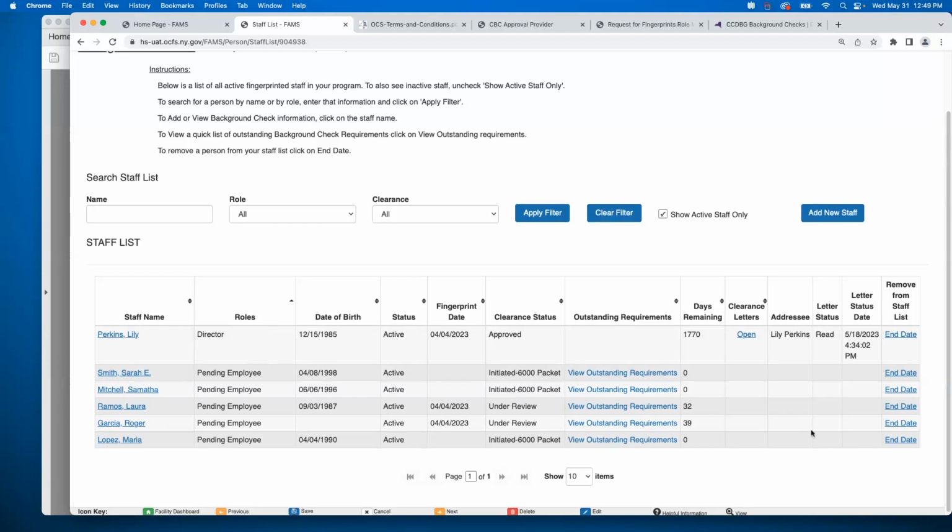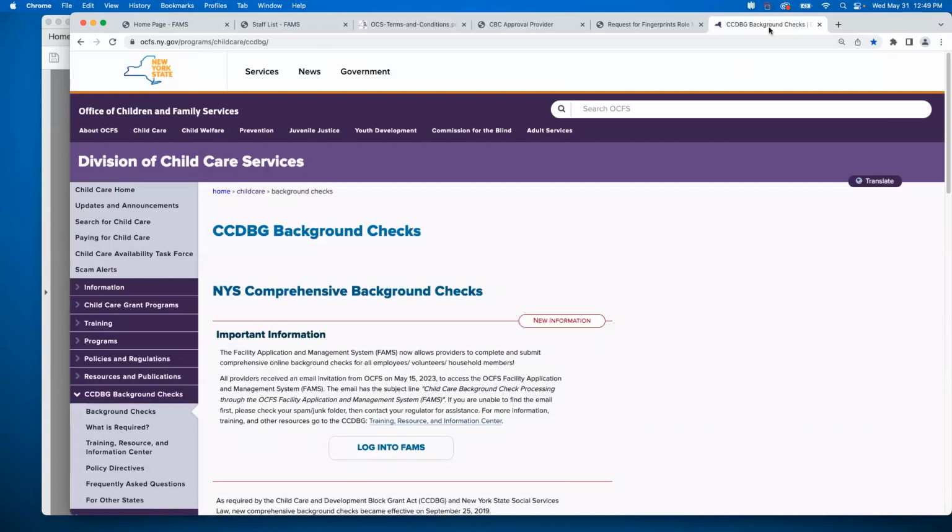All right, we have covered a whole heck of a lot of information today. So I want to leave you, and then we'll see if there's any outstanding questions. I want to show you the background checks website. Maybe you've been here, maybe you haven't. I think you're going to be going here in the future. So I'm going to pop over to my last tab here. I'll put this up on a slide in just a minute, but since I was already in my browser, I thought I would come here first.